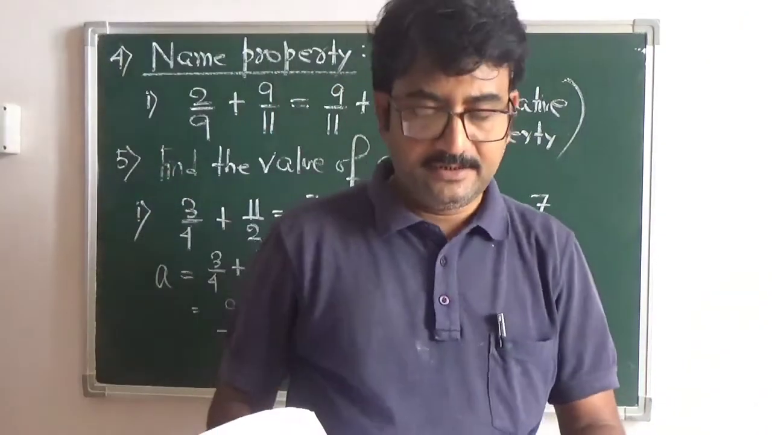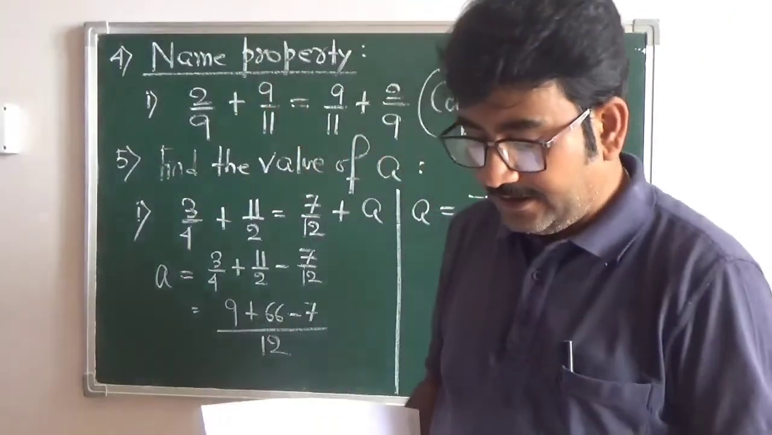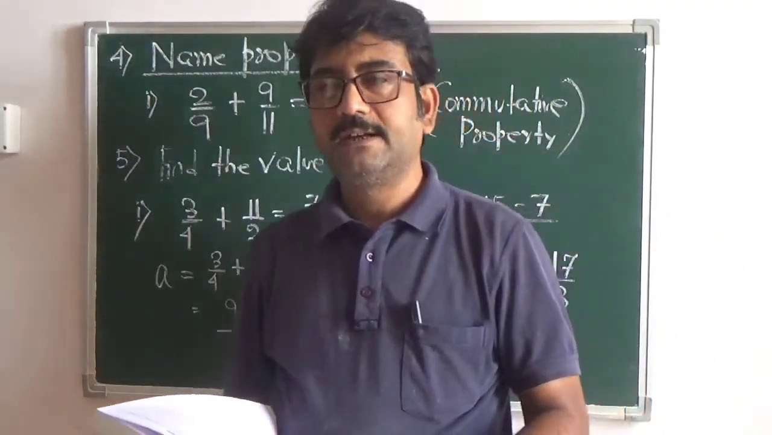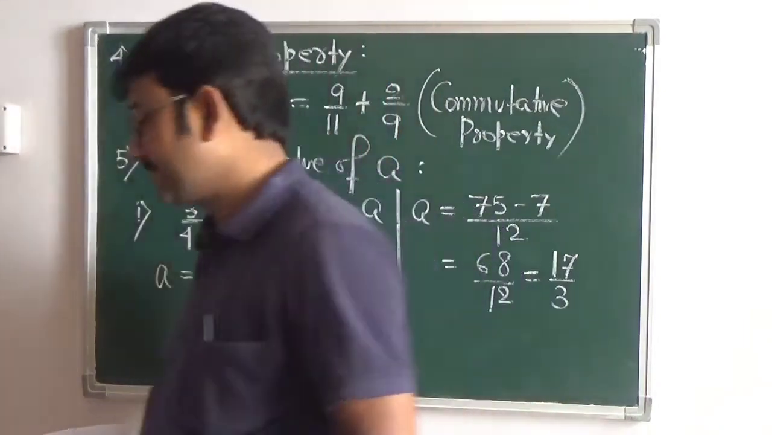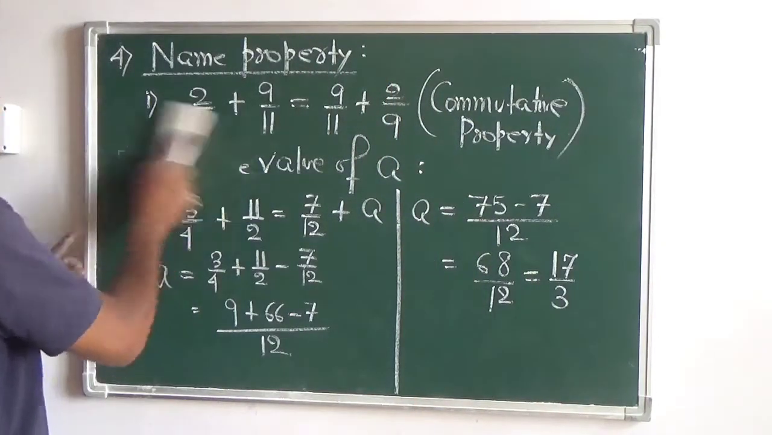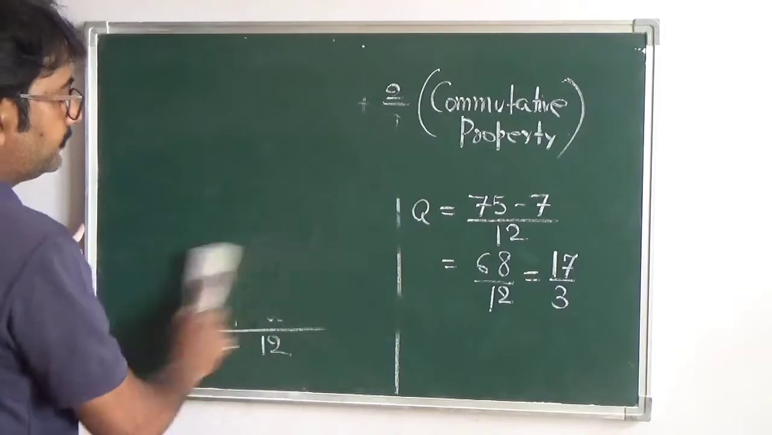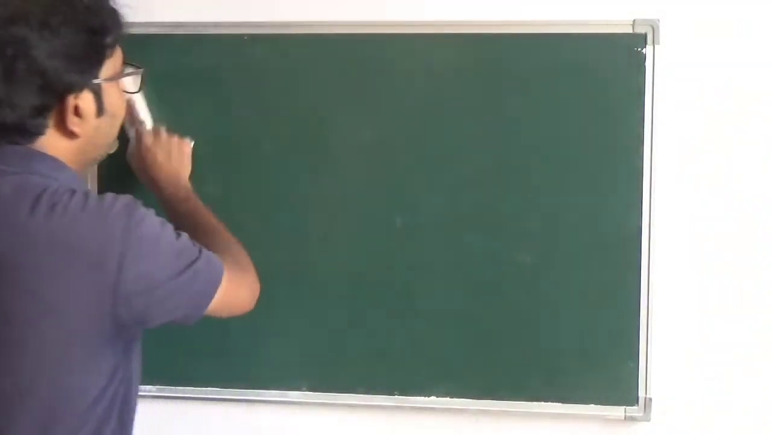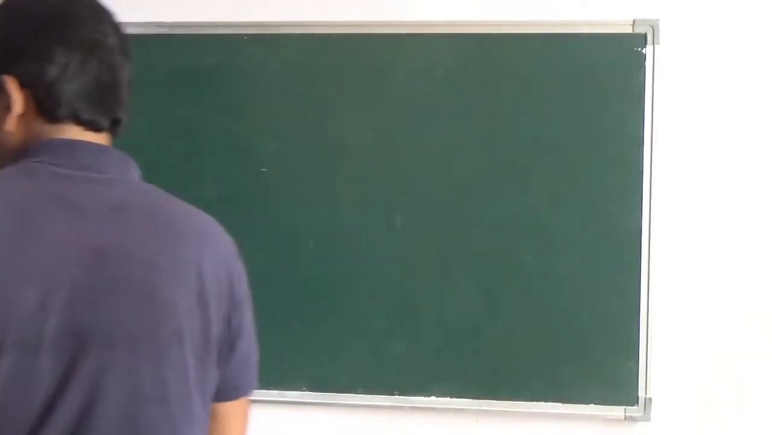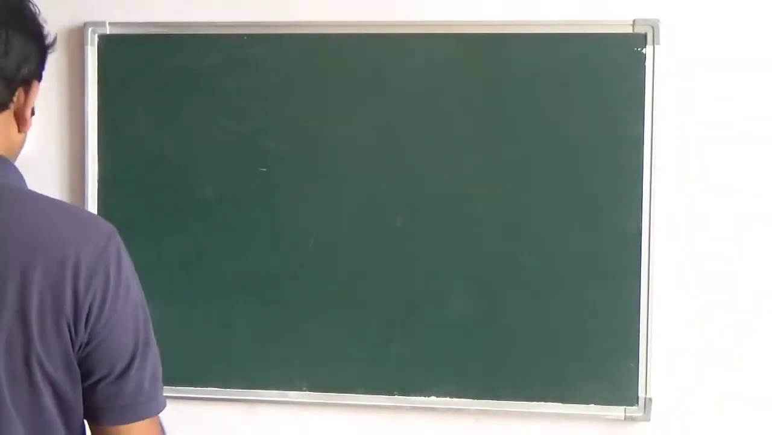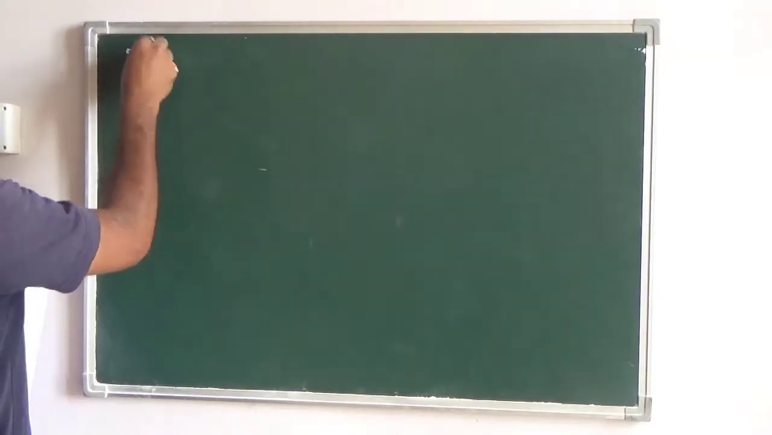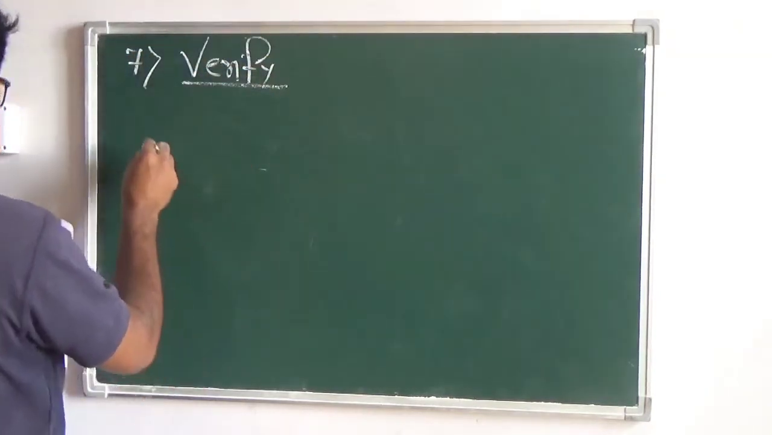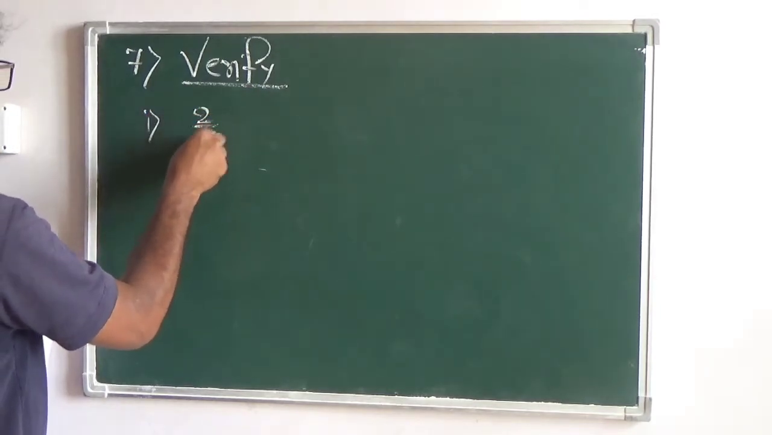You have to verify the answer on both sides. Number 1 is 2 by 3 plus minus 5 by 8. Verify means you have to simplify. Let us do it. You have to do this calculation and then we have to see that the result on both sides are equal or not. If equal, that means they are verified, means it is true. So question number 7 is verify. So number 1 is 2 by 3